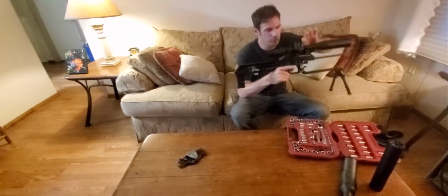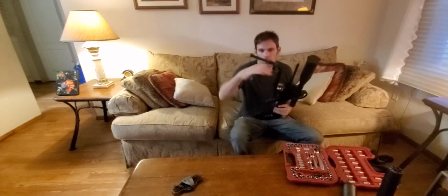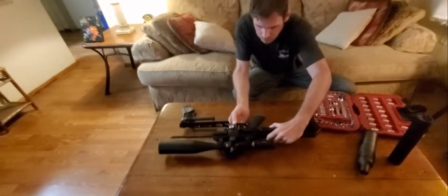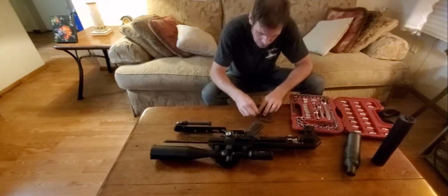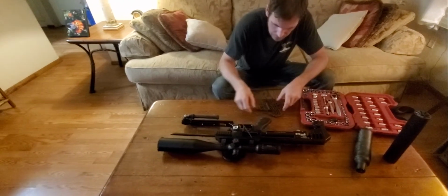Next step, you remove your scope. Rifle scope needs to come off. So let's take this. And for the rifle scope and a few of the other pieces, everything's metric here. Don't recall exactly, I think it's a...